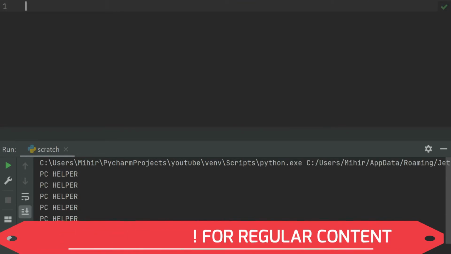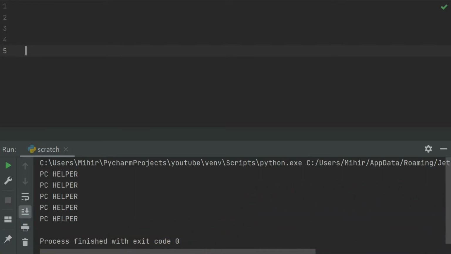So let's see how a while loop works. First of all, there are 3 parts of a while loop. The first part is initializing. We have to take any variable, any random variable. So I am taking i, and we have to initialize its value. For this example, I am initializing it to the value 1.